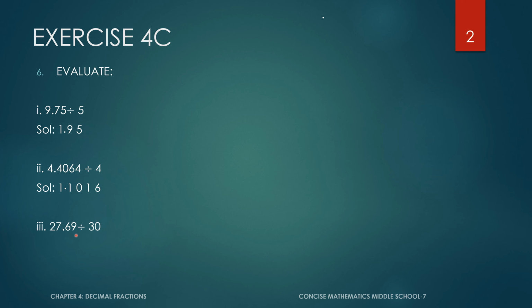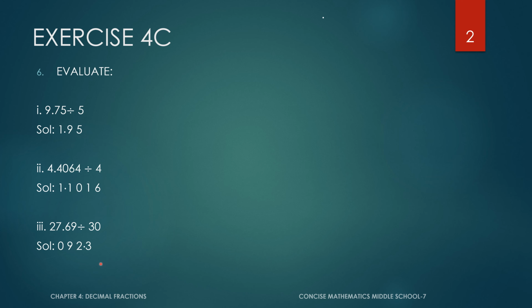Now even here you can do the same thing. 27.69 divided by 30. You just neglect this decimal point and imagine it as 2769 divided by 30. Sorry. So when you divide it, you will get 923. But you will get a point over here. When you divide it without this decimal point itself, you will get